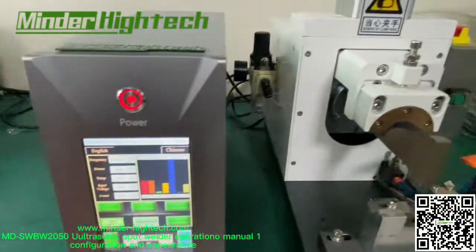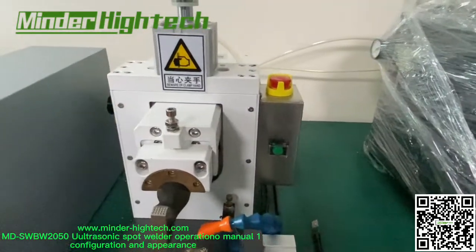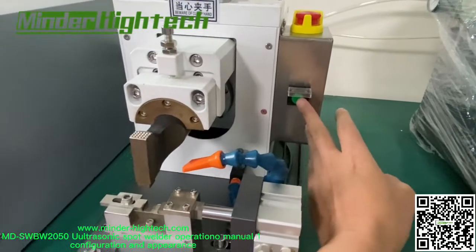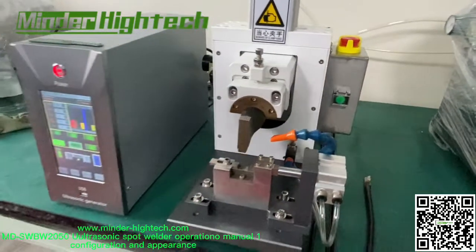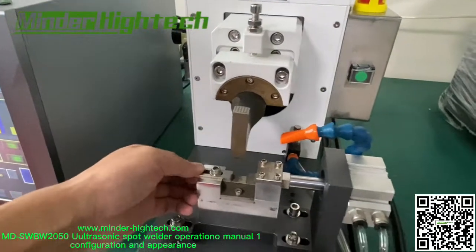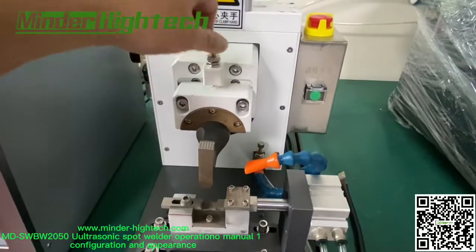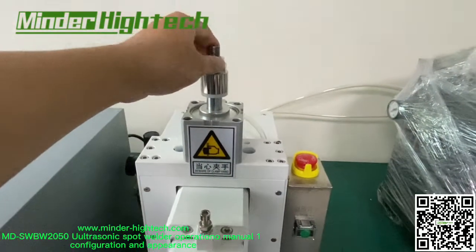Okay, both English and Chinese. This switch is for the mode. Later we can introduce it. This is a fixture. Okay, horn and the position limit, cylinder,